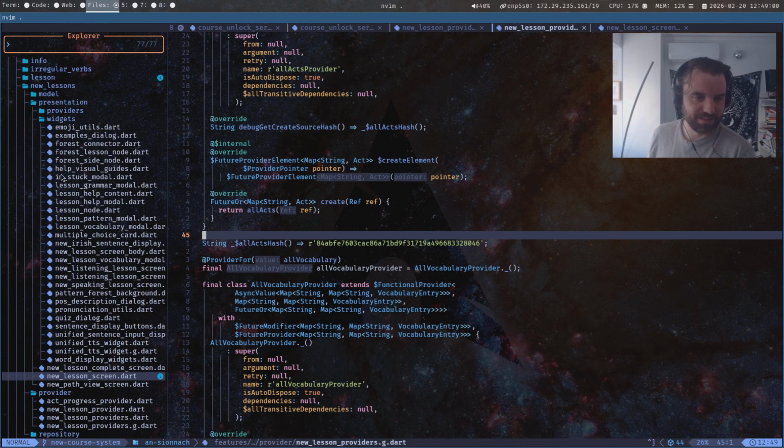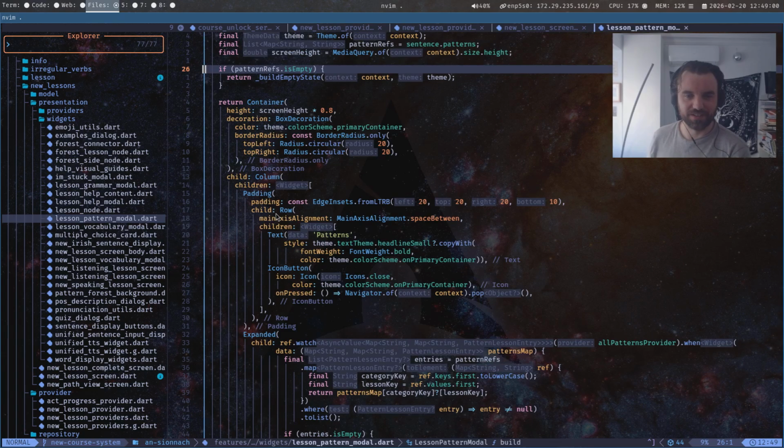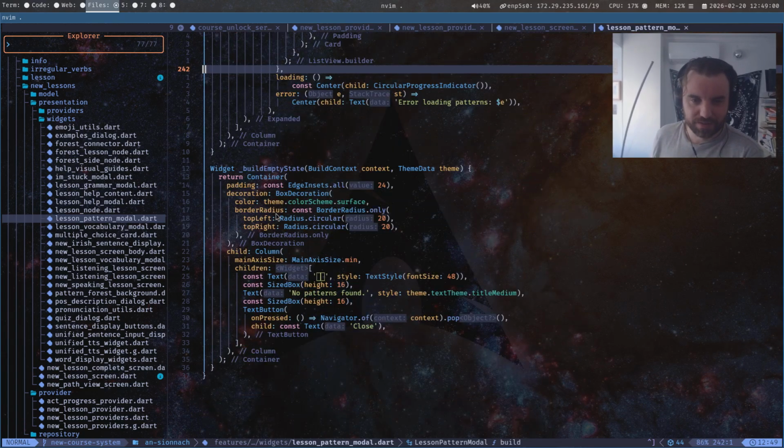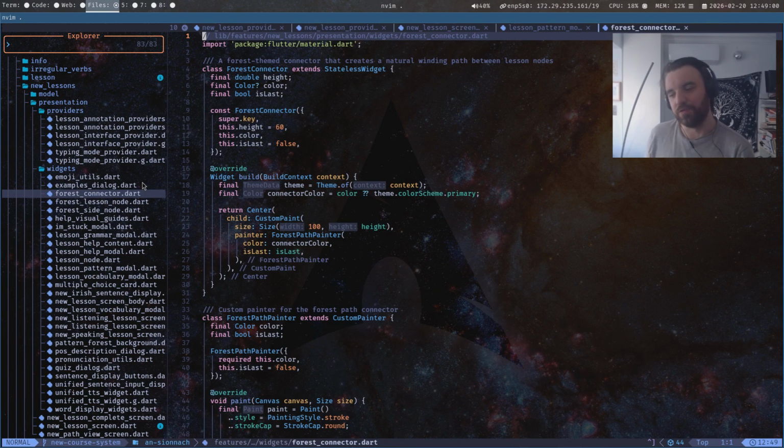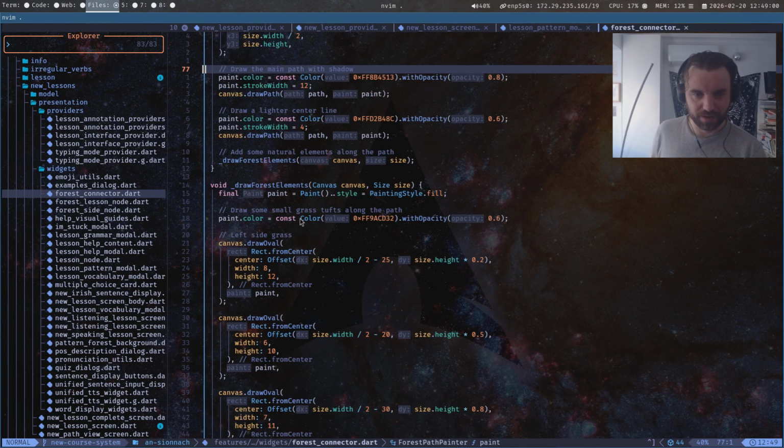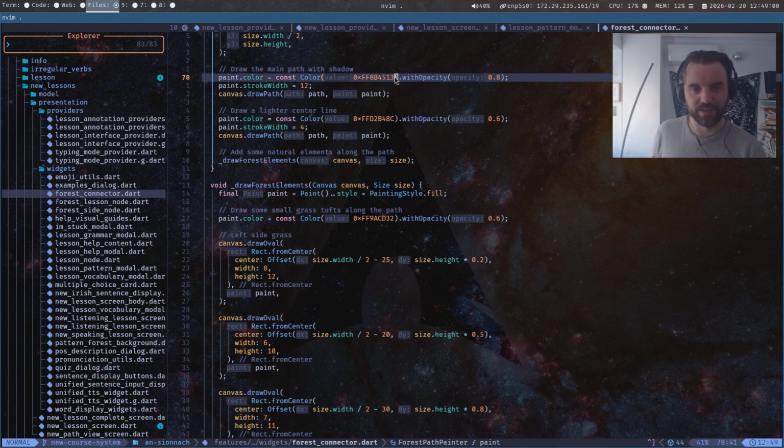and then the widgets. You might recognize these widgets. These are all the different things on the screen, and I tried to break them up as best I could. So you can see how working on a new feature goes: create the model, create the provider, create the repository, then create the screen, and then break it down into these things. And in this stuff here, there should be none of these magic hex codes. They should all be talking to the theme.